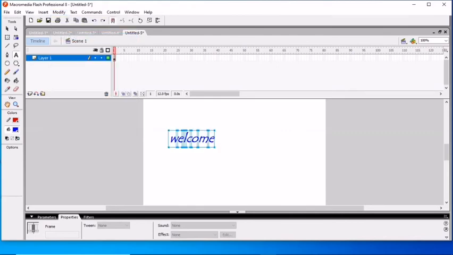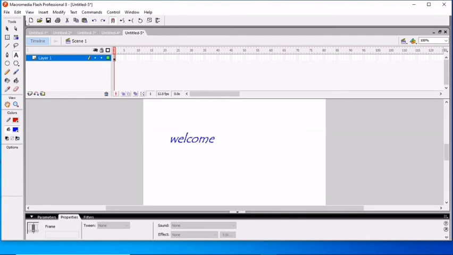This will be like this, and if I select Break Apart again, you can see a dotted line will appear. Now this is not text, this becomes a shape. So this is motion tweening. We can select it as text and convert it into any shape. Before selecting this, you can increase or decrease the size.